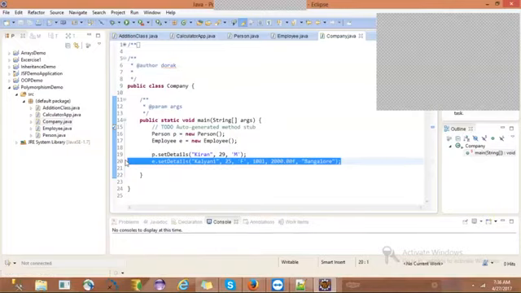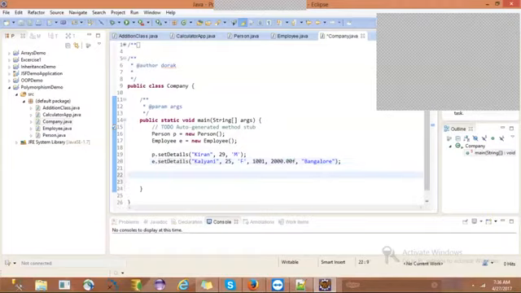Now, next what we need to do? We need to display the details, right? How to display the details? What is the method we have to display the details? Yeah guys, tell me. To display the details, get details method. Yes, Shivangi. Sys out we can write, that is optional, but yes, we already have the get details method, right? Like this we need to write.